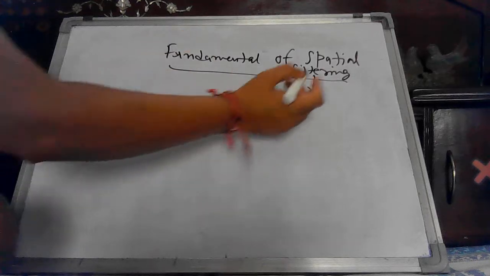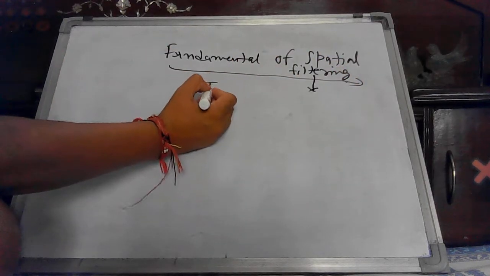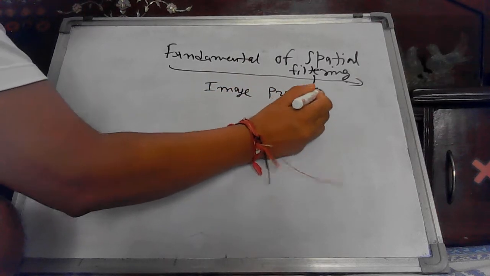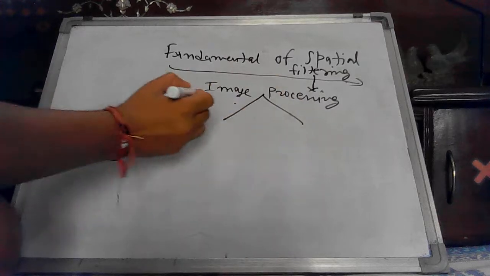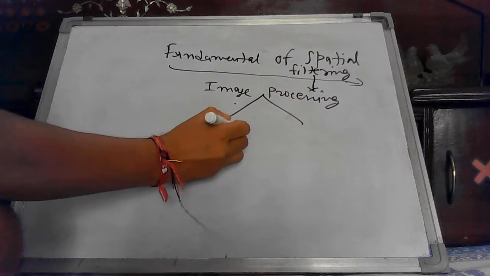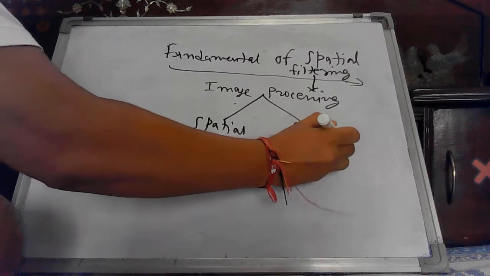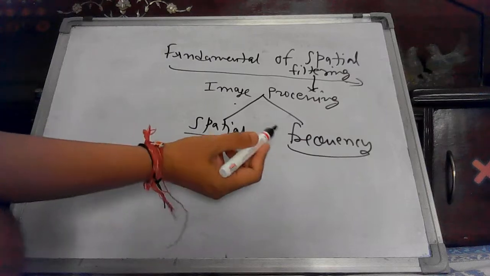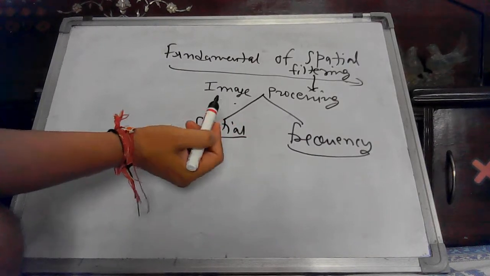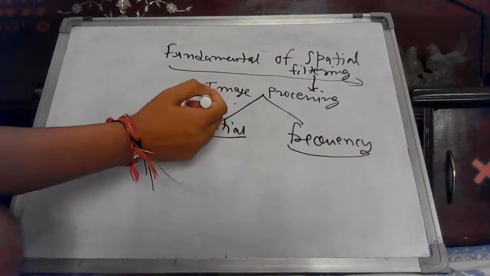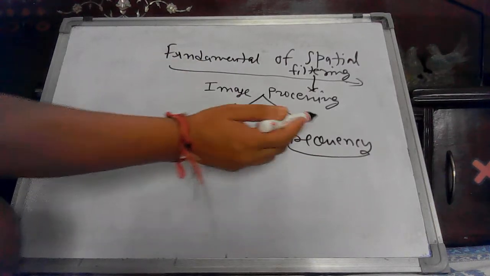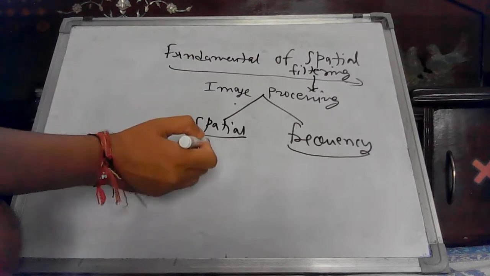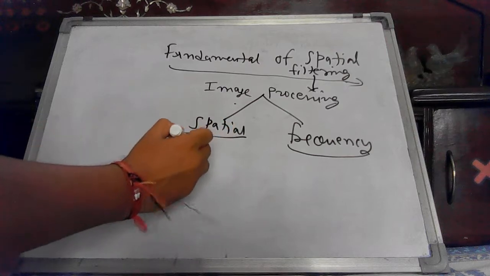Basically, you know from our past discussion that whenever you are processing any image, you are normally processing your image in two domains. One is spatial domain and another is known as frequency domain. We have discussed a lot about spatial, and we will see later how to process your image through frequency. But for right now, you should know you can process your image either through spatial domain or through frequency domain.